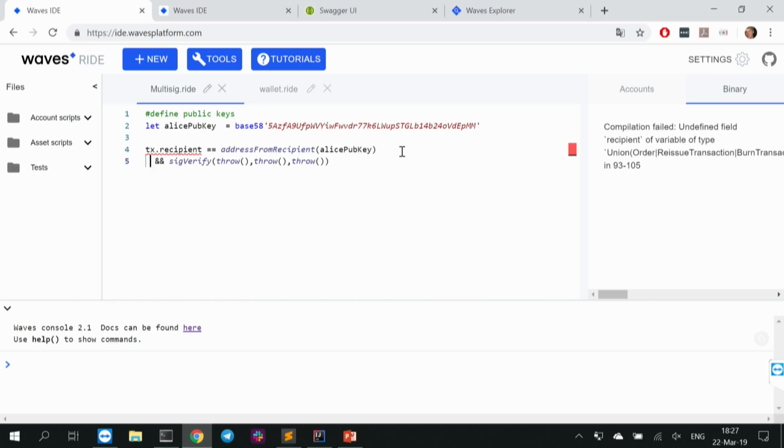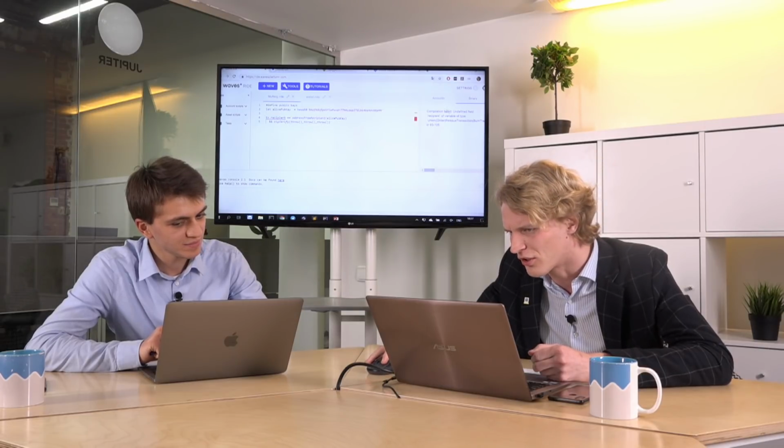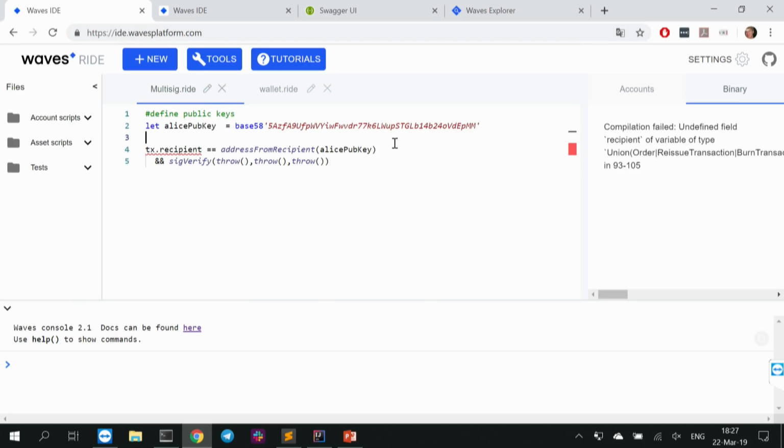For example, if we write code like this, it might work okay with transfer transactions, but for other types of transactions that do not have a recipient, we'll get some mess. Or you'll deploy a contract that will fail. Well, you might not even have considered the possibility of sending data transactions or whatever. The compiler hints you about that, so there is already a compilation error here. How to fix this? Let's fix it.